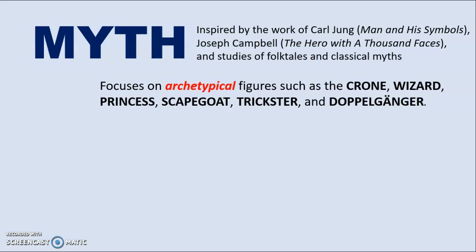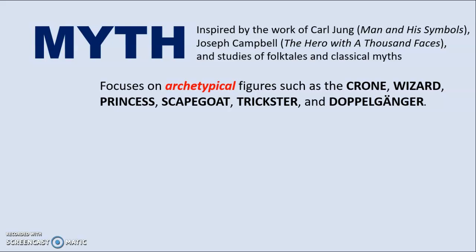And some of the traditional ones, you don't have to know these, but I'm just listing them there, are the crone, an old woman, a wizard, a guy who's older, who has knowledge and power, a princess, a scapegoat, one who's blamed for something, a trickster like Loki or Brer Rabbit, or a doppelganger like an evil twin or something like that. These are typical or archetypical figures you find in lots of traditions and lots of different forms